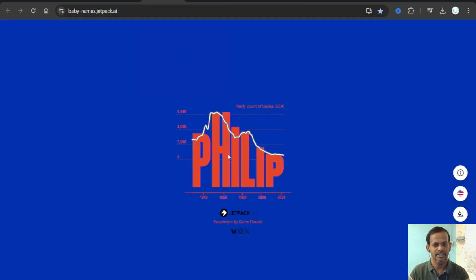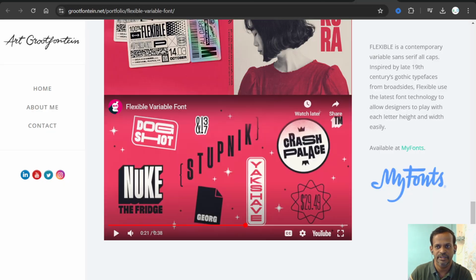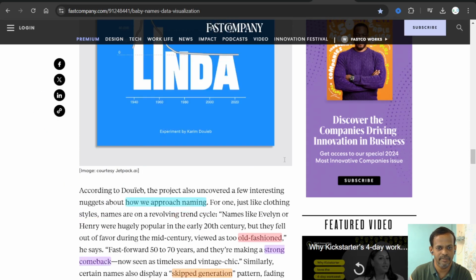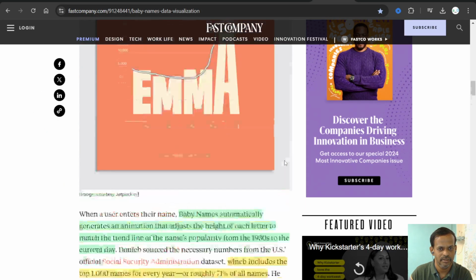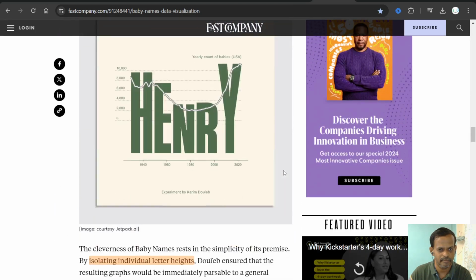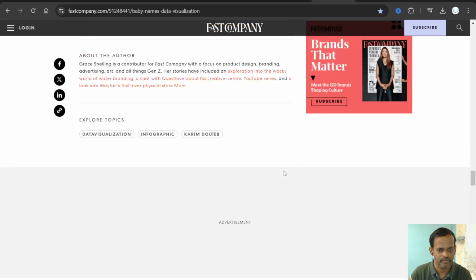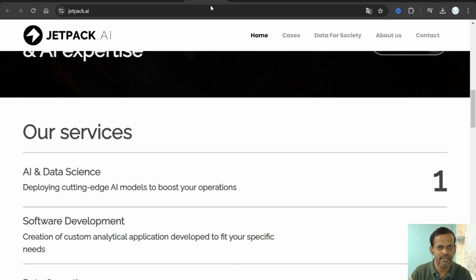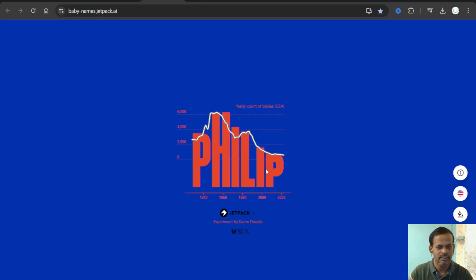Here they have provided another example, as I have seen somewhere, for the name Philip, where there may be variations in the name as well.